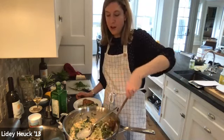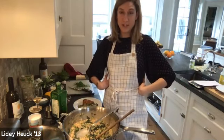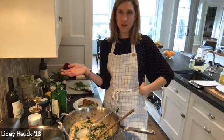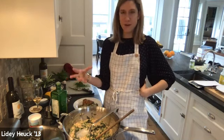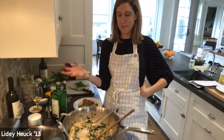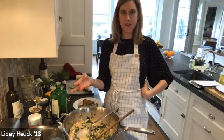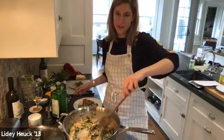And I'll also say, which I think I forgot to mention, that if you're a vegetarian, you can absolutely still make this. Just obviously skip the whole chicken part, and I would just use butter instead of olive oil because you want to kind of mimic that richness that the chicken fat is adding, and I think butter would be delicious in this. You can also, if you can't find chicken, use a little bit of bacon or pancetta, but any kind of smoky meat that's going to add a nice flavor to the broth, and you'll use the rendered fat. But I think this would also be a really nice vegetarian main course